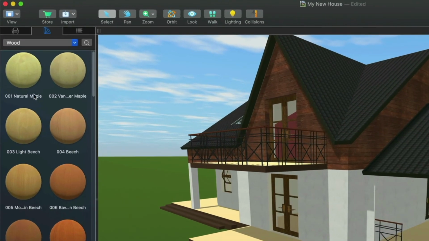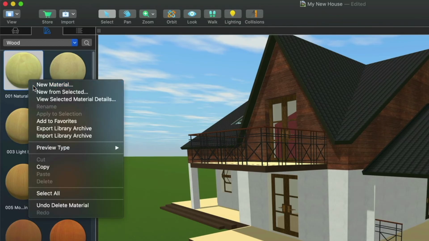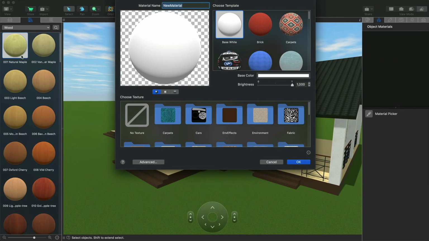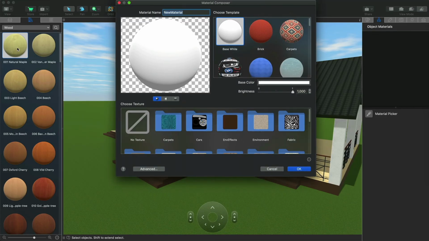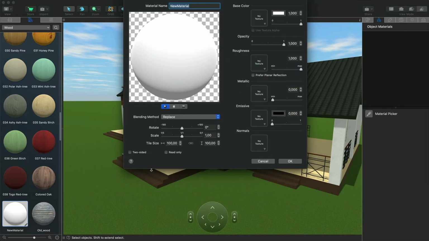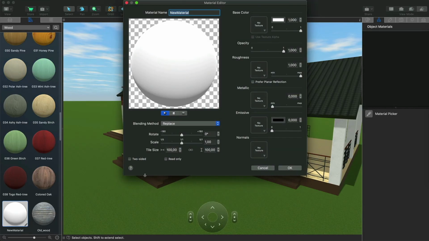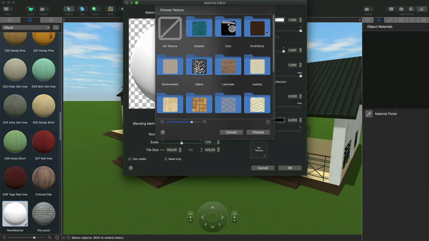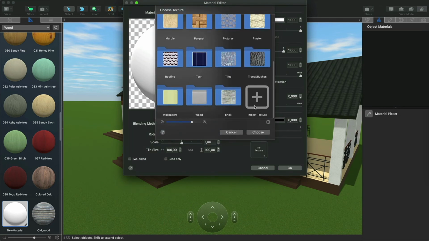To do this, right-click anywhere in the Material Library and select New Material from the menu. Adding new materials is only available for users who own Standard or Pro features. Users who own Pro features can also access the Advanced section of the Material Editor. There you can apply a texture to your material and set its properties, as well as configure many other parameters.